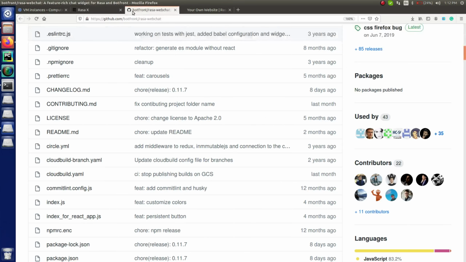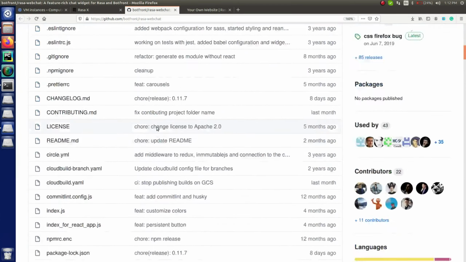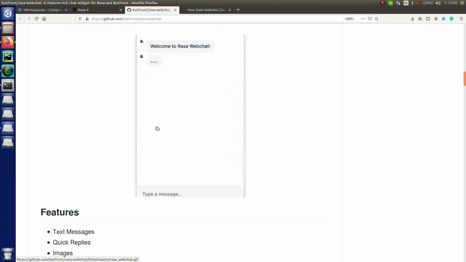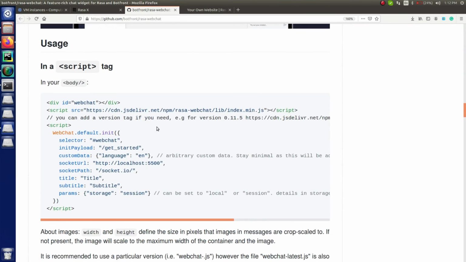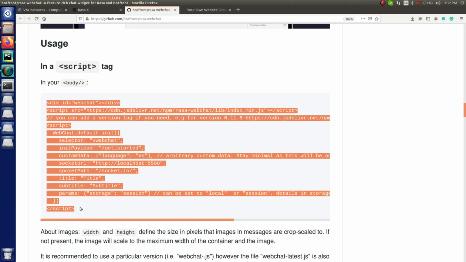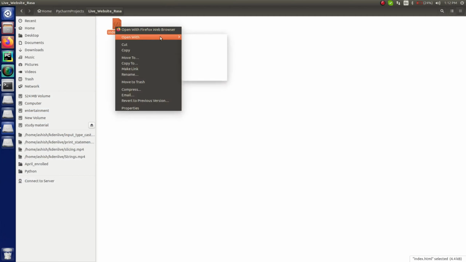And for that, this is a link for the Rasa web chat, right? So you can directly go in there and you will get the basic bot for that, right? But for the explanation purpose, I'm going to use the same script which I have to add. So can you see in here, in a script tag in your body, you have to add this data, right? So just copy this complete part,